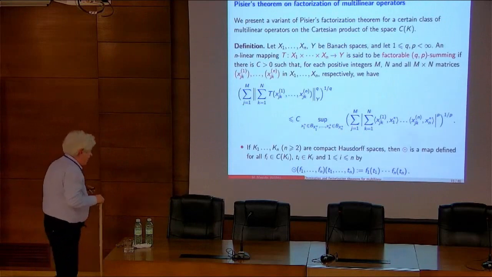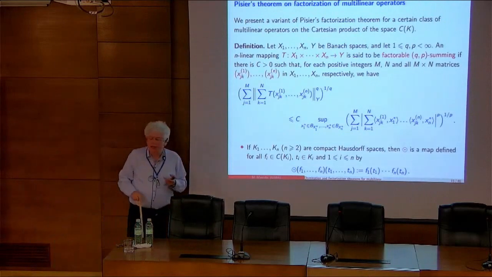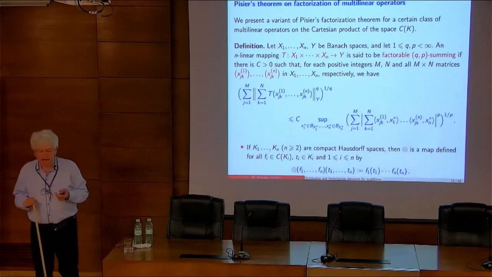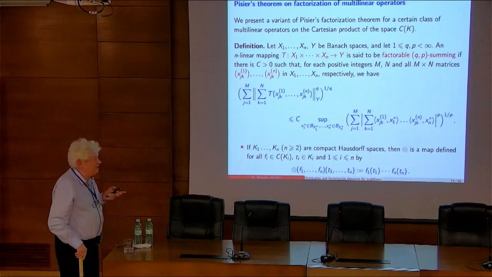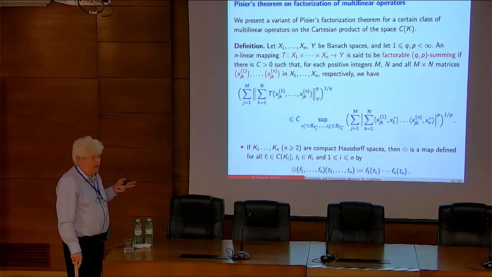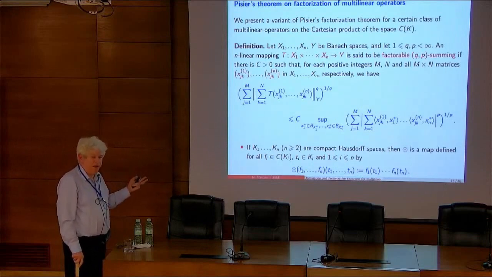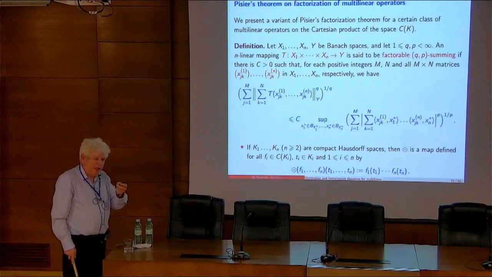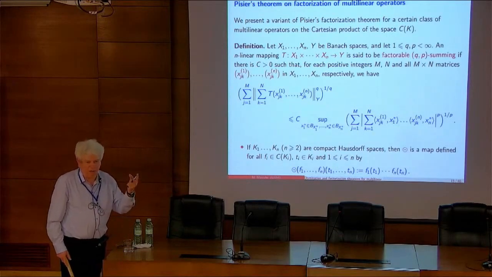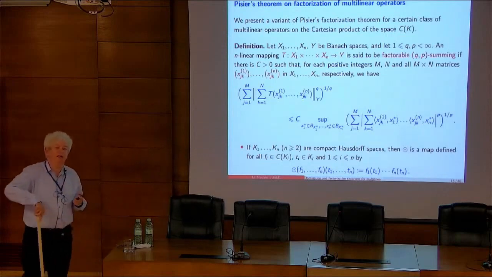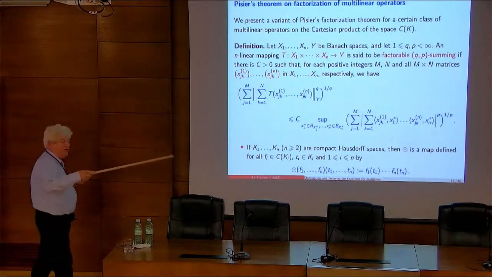So we were interested, what about the variants of Pisier's result? Pisier's beautiful results found many deep applications in the theory of operators for which the domain is a Banach lattice, or the range is a lattice. There is a trick that we can lift the summability with composition of a positive operator from a C(K) space to this given Banach lattice, which is the range of our operator which goes from this Banach lattice to a Banach space.